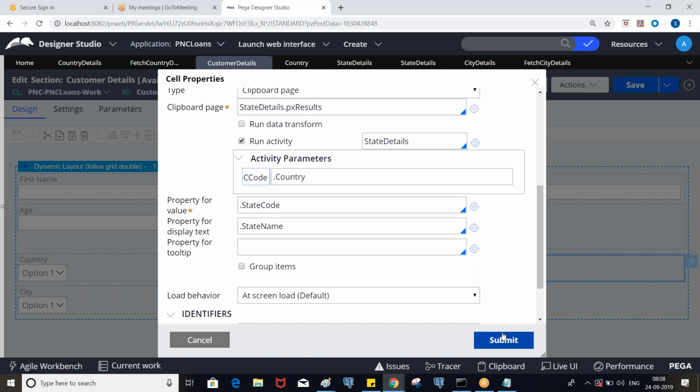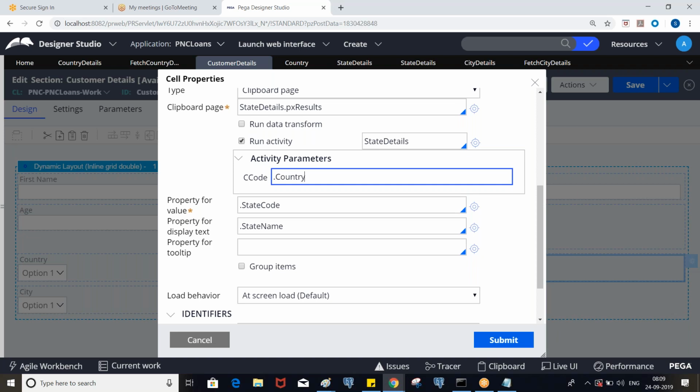Satya, can you please repeat this point for me? Now in the state details we define the parameter, so that is the reason you are seeing the parameter. Now we need to pass the value for that parameter, dynamically. So we are putting country, which means whatever country you select, that code will be passed.